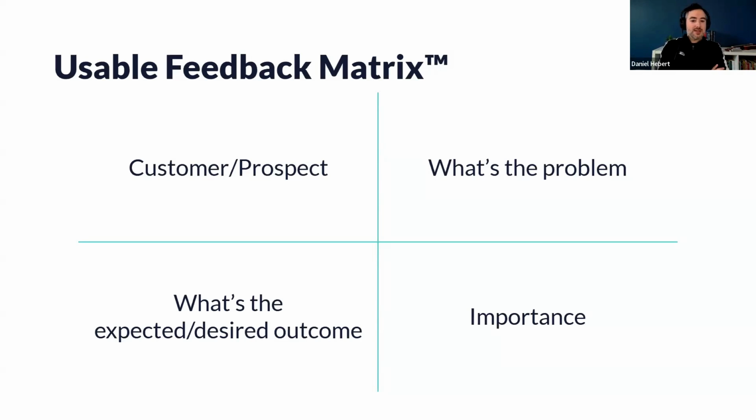There might be other things that are more important, but because you're asking for too much context, reps are just like, why bother? I have to fill this novel, I have 3 pieces of feedback from my prospects every month. This is time consuming, takes me half an hour to figure out how to answer these questions. I don't even have the answer to most of these questions. Why bother giving you feedback in the first place? And that's what you want to avoid with the amount of feedback and how you structure your feedback.